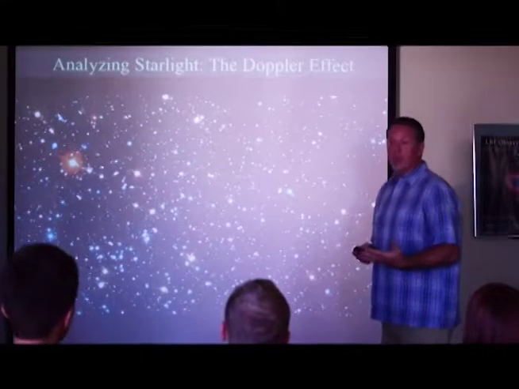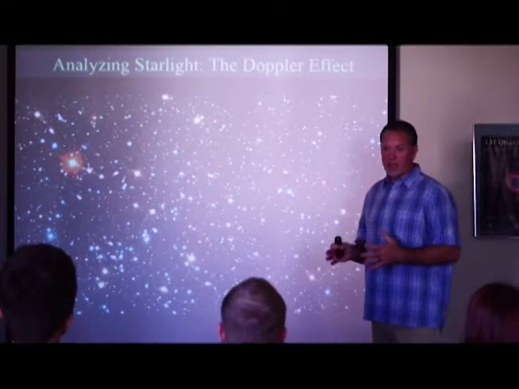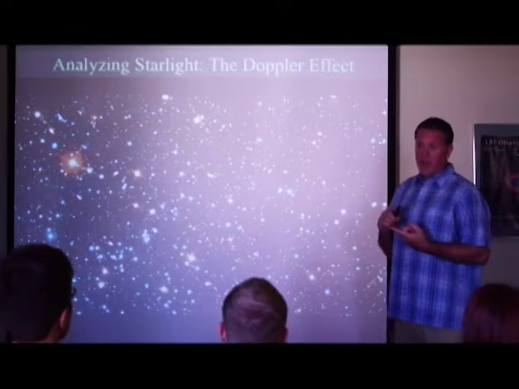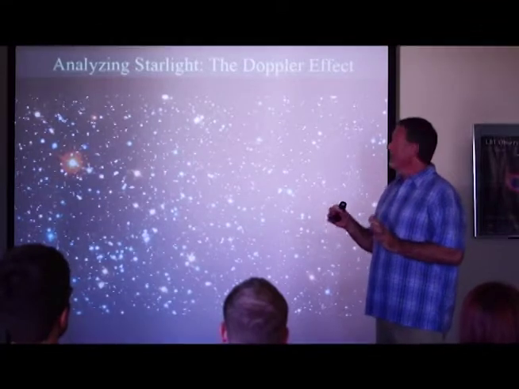All right, so for the last couple lectures, we've been learning about how we can learn information about stars by analyzing their starlight. And we've talked about looking at their chemical composition and their color by analyzing different kinds of spectra. I want to move to another thing that we could uncover about stars, and that's how they move. And to do that, I need to teach you a new way that we analyze starlight, and that's the Doppler